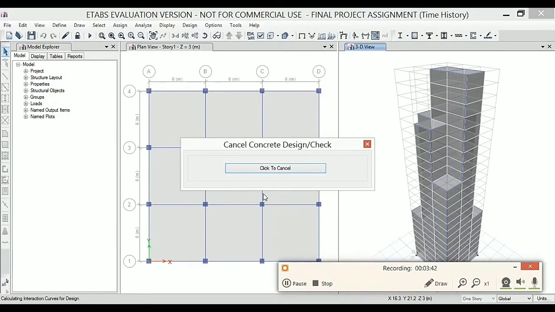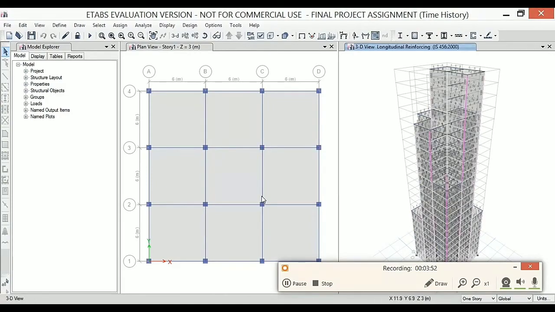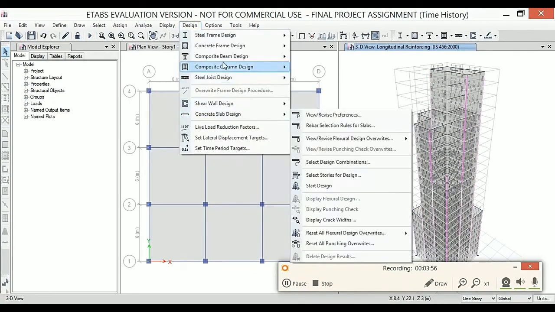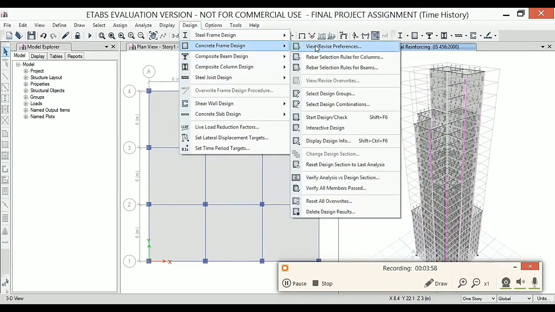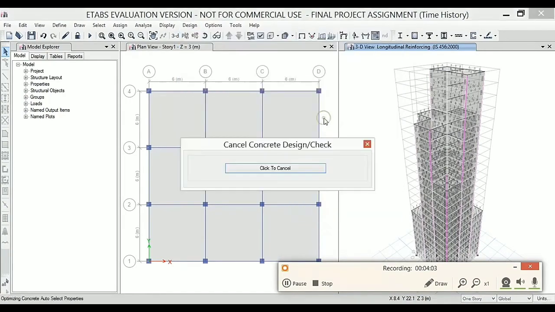For the response factor case also, you can see the deformation shape of the structure, that is shear force and bending moment diagram of any of the members. Now after the design is completed, we can verify whether our design has properly passed or not. For that, we can go to concrete frame design, start design check.